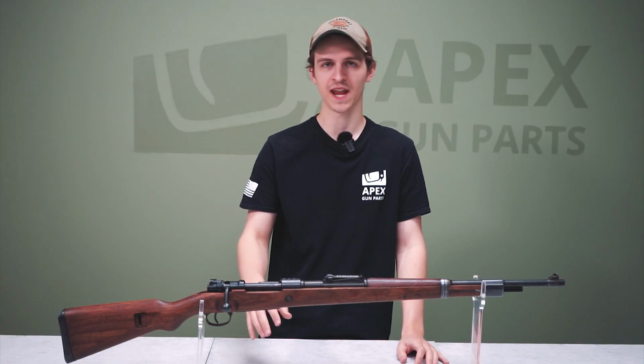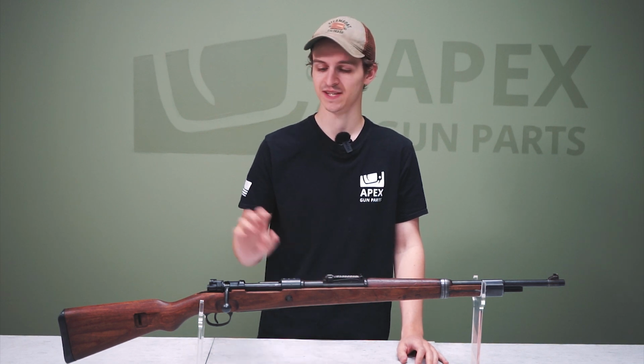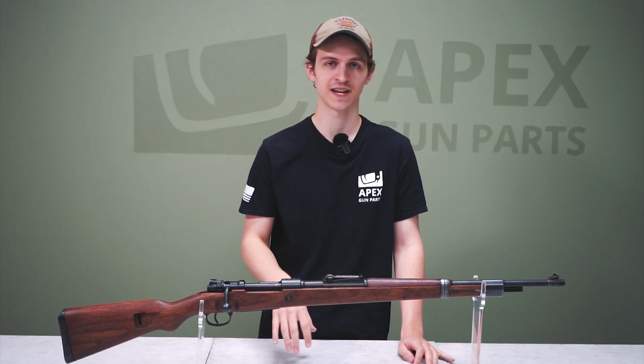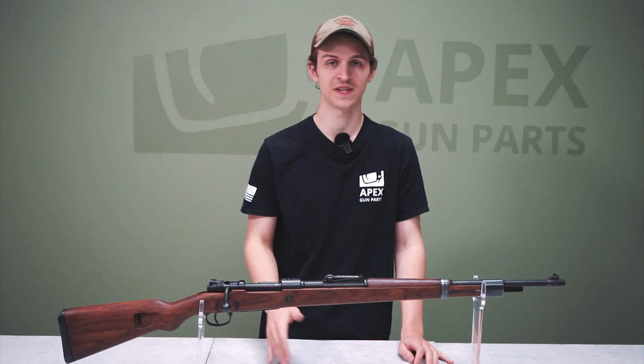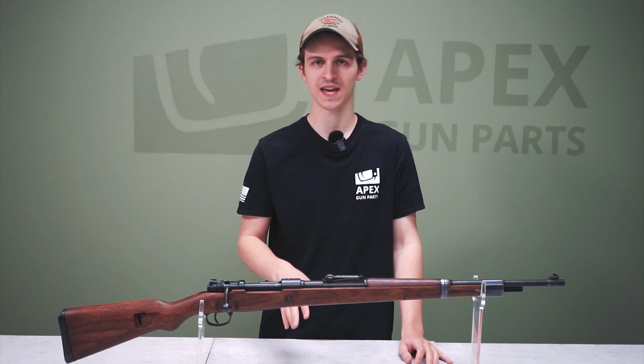Alrighty, so for you today we've got a Kar98k, a German World War II produced rifle that was captured by the Russians and has some unique features and markings on it that show it's been captured by the Russians and reworked by them. Alrighty, so to identify your rifle as a Russian capture Kar98k, the first thing we're going to look